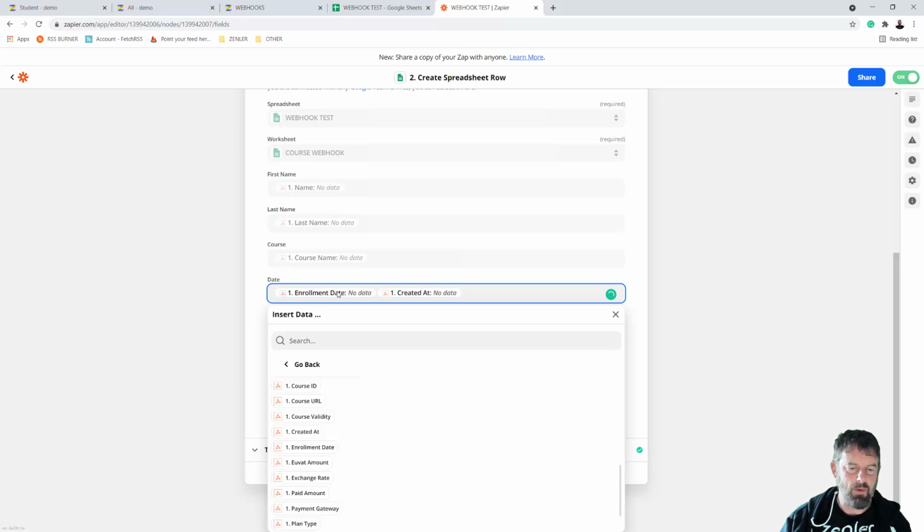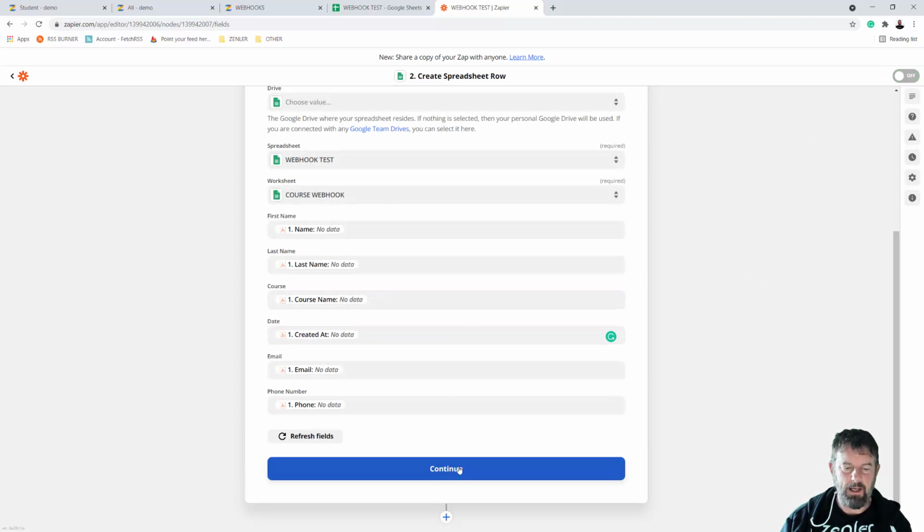Created app is probably going to be the better one to do. So it can give you that date and then click continue,